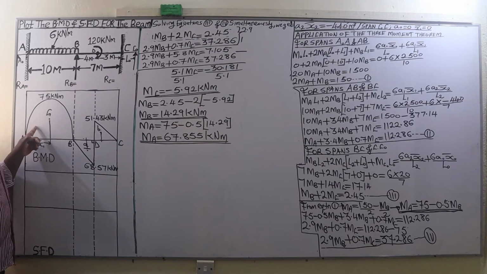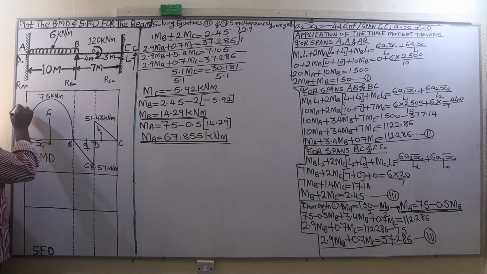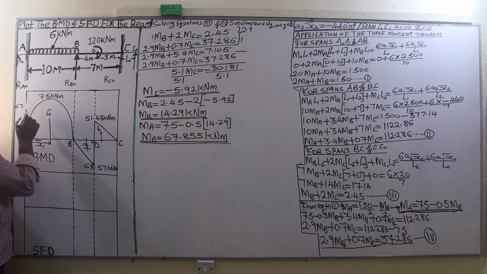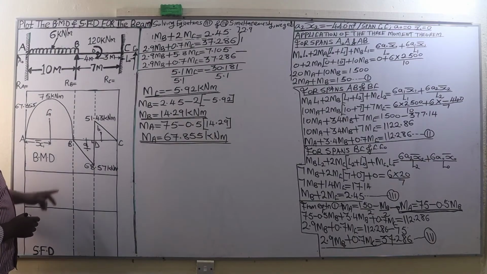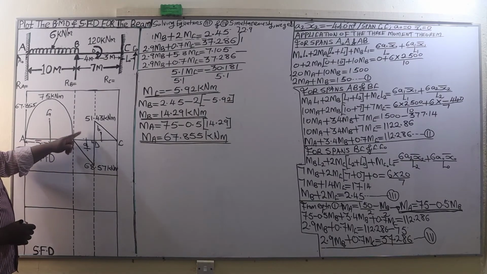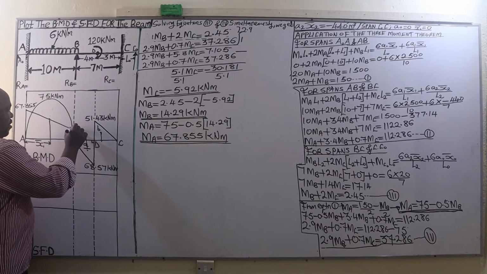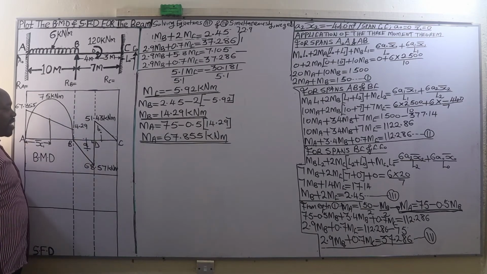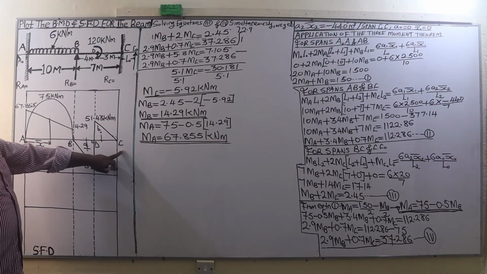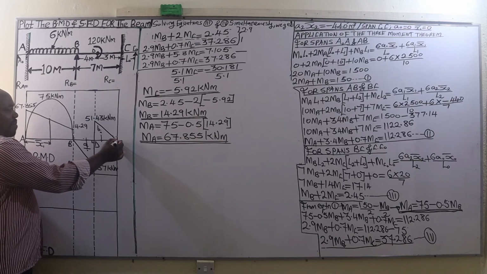Therefore, we got all the three bending moments that we were calculating, and we are going to come here and start with the bending moment at A, which is 67.855 kilonewton meter. Then the bending moment at B, that is 14.29. We join that here. So we got 14.29. Then at C, we got a bending moment of negative 5.92, and it is going to appear below this